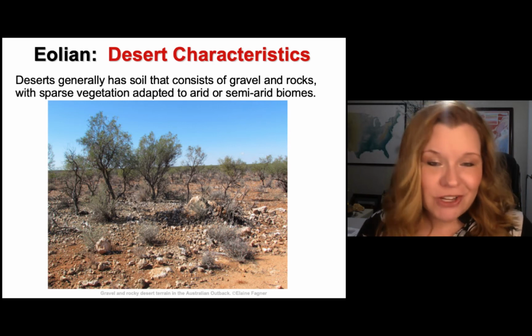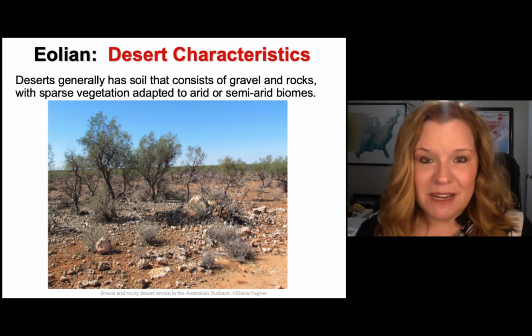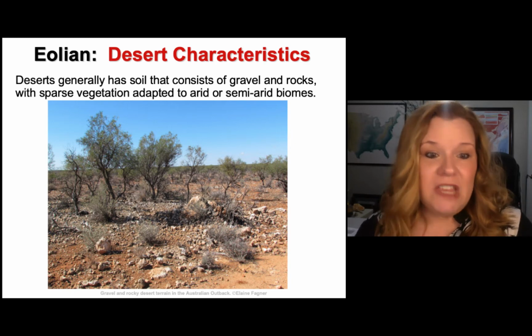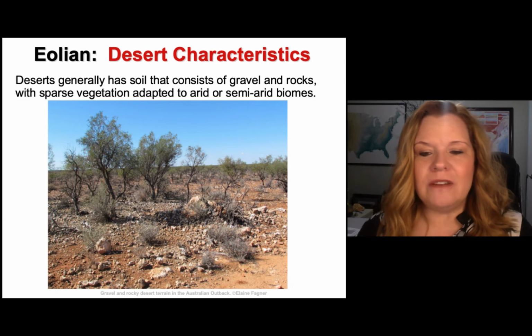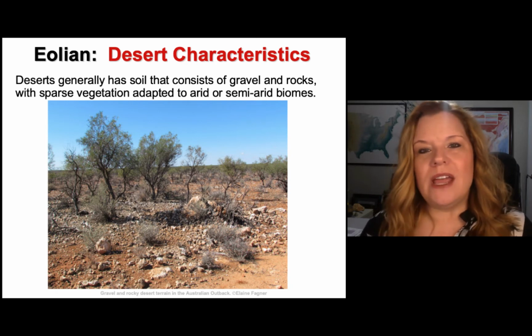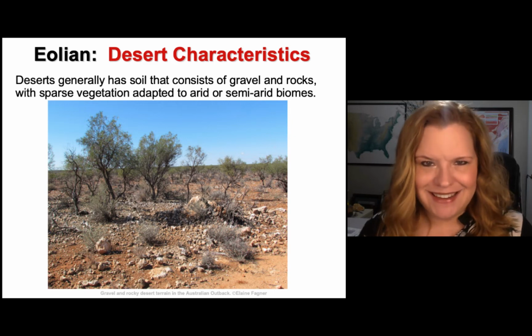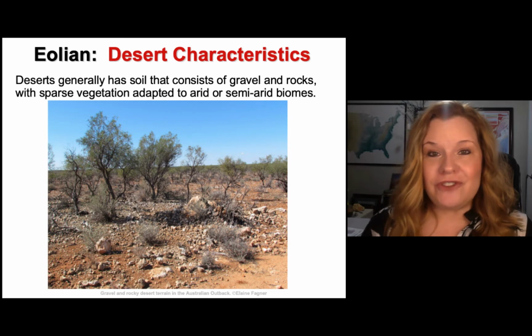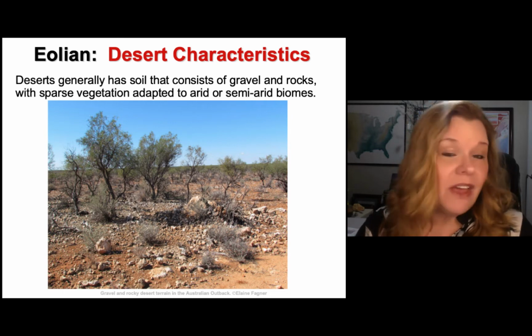That's one reason you see a lot of cactus in many desert areas, but not all. For example, this is the outback in Australia, and you don't see a bunch of cactus there. There may be small ones, and there were when I visited, but what you see is sagebrush and lots of gravel and very infertile land. So you have to change the land use if you're going to use deserts for growing crops,